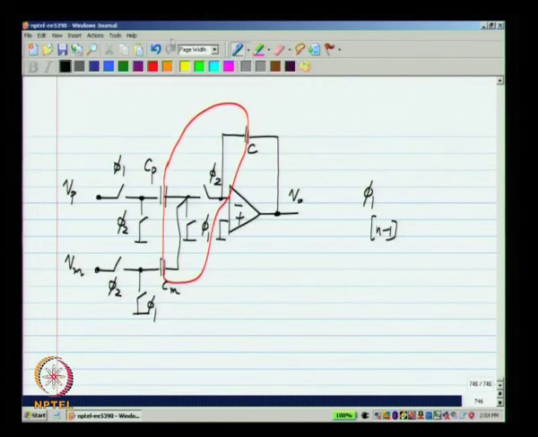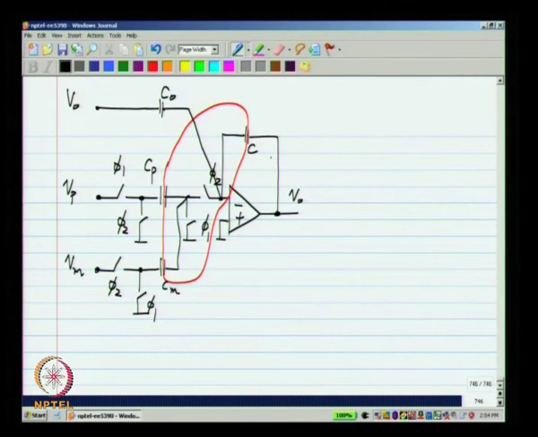It is also possible to add a capacitor directly without switching. I will call that C0 and V0, and this just gives you more possibilities. Actually, it turns out that with switch capacitor filters you can generate a greater variety of transfer functions in an integrator like this than in a continuous time version.